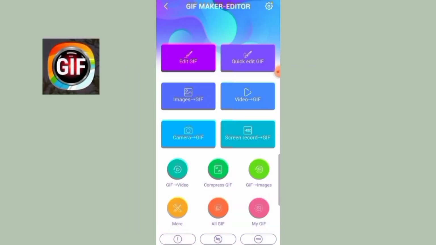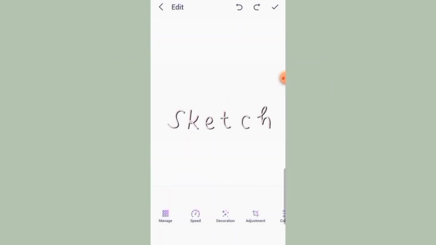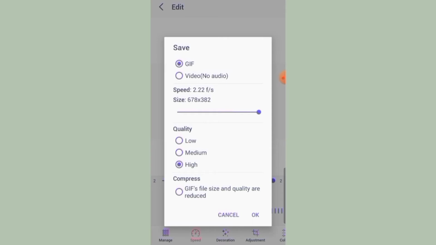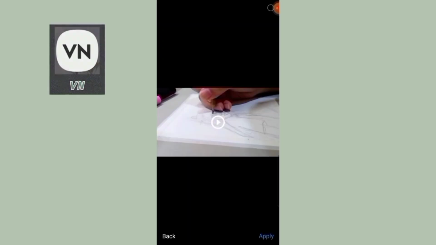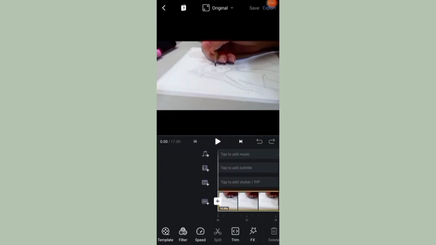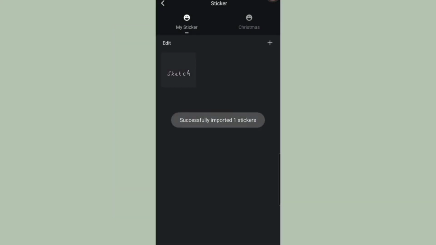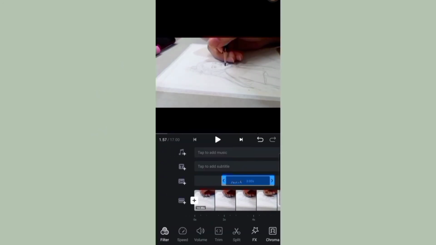An alternative is using this app called GIF Maker Editor. Basically, we're just going to make both layers that we've done before into a GIF format, so we don't have to go through the hassle of placing them in order in the timeline like before. The only problem is that the resolution won't be as high as it is while it's still in its PNG form. Also, we're gonna have to use another editing app to apply the GIF that we just made into the video, since the Video Guru app doesn't allow that.